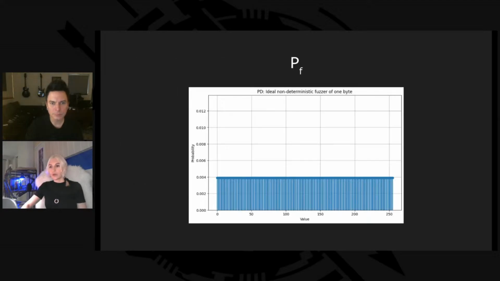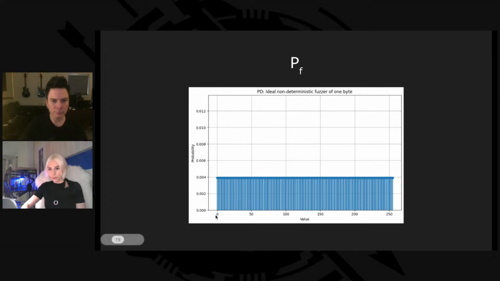So here, remember our first simple example of a program that accepts only one byte that can be equal to either 42 or 0. This currently is just a probability distribution of the fuzzer, which fuzzes just one byte. You can see that it's an ideal fuzzer. It's purely random and non-deterministic. So each value that it produces has an equal probability, around 0.004.